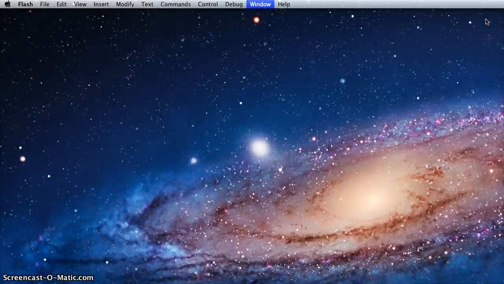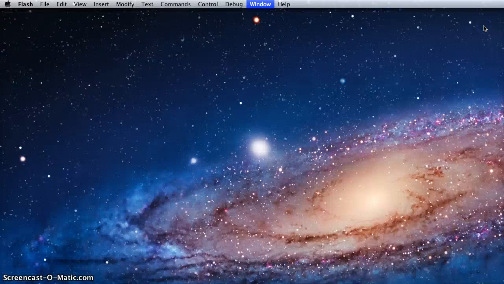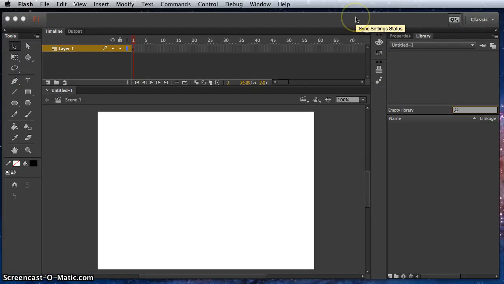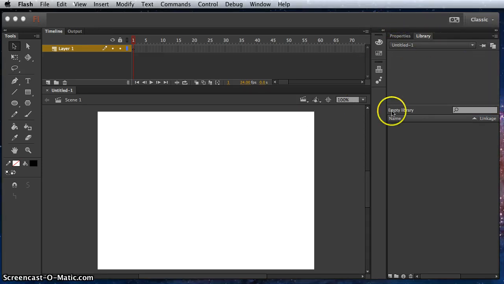You might see Animator, these sorts of things. Just out of preference, meaning that I've worked in this workspace for quite a while, I'm going to be working in this classic workspace. All these other workspaces allow for seeing the windows that you see in the tabs that I see, but they might be in a different spot. So if you're new to Flash and you want to sort of make sure you're following along, let's work in that classic workspace. There's about 4 or 5 things I'm going to just point out right off the bat, and